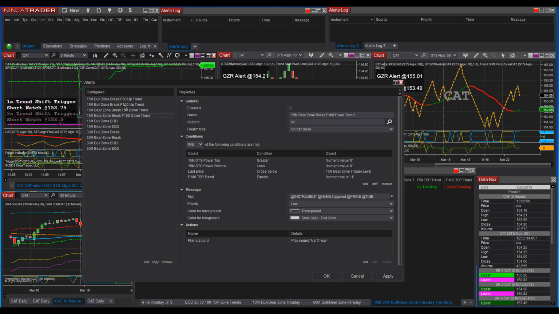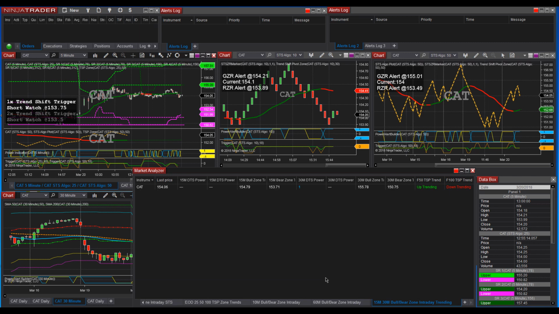I'll do the same thing on my 30 minutes, and I'll add the 100 and the 50 to them as well. You may get duplicate alerts on a big breakout, but the bigger the bull zone break time frame, wouldn't you rather get a multiple candle move on a 30-minute candle and also a multiple candle move on a 15-minute candle? So that's why I like to run them both. The 30 may come and the 15 may come in and out. And I like to come back, and the 30 is going to stay there, and I can start working my way through my alert system up here. And I'll go back and I'll change those